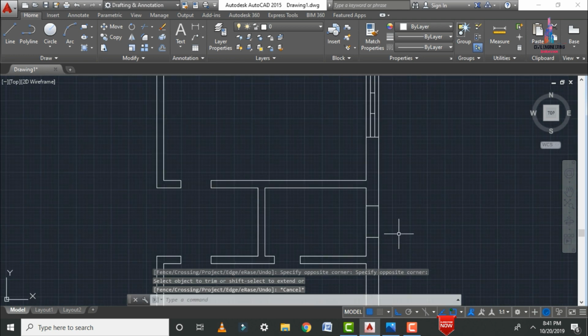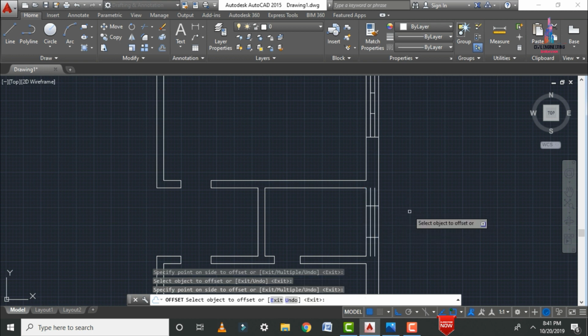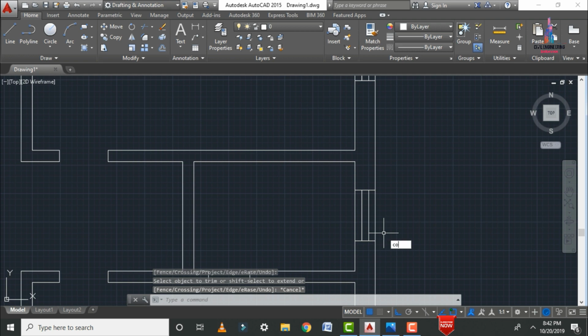Again I am drawing offset which is related to the 3 inches. Let us consider here. So here I am considering the 3 inches offset, again 3 inches offset, TR double enter here. So you can apply the trimming for this respected line. In the same process we need to apply the ventilator section for the remaining objects.